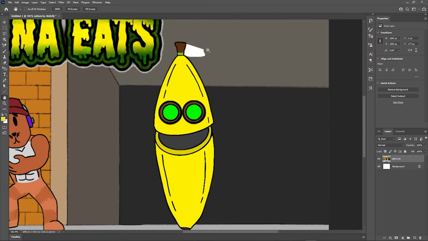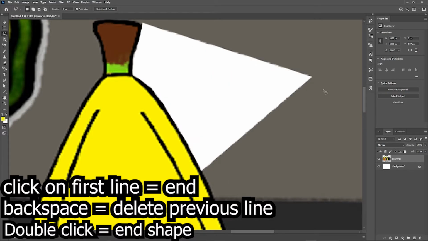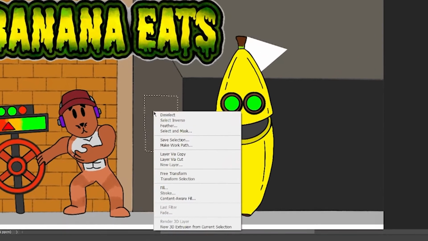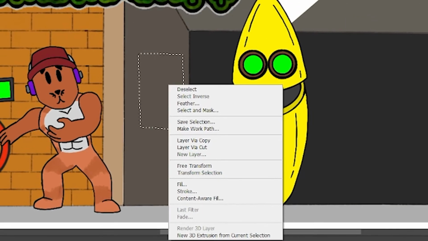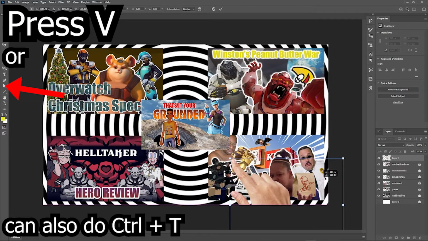Alright, I'll show you the line lasso thingy. What you can do, just click, click, click, click, click to make a line. Now this is going to be really sharp, so it's not going to be curvy and more free, but you can work around that, and that's how you would do it. So if I just wanted to make a square over here, then just keep this bit, I would go out and instead make the outside of it a box. That's what I do, but you don't have to. You can also just do this. You make that, you right click in the square, select inverse, and that just makes everything here, and press delete. There. Then we can get our little hand guy